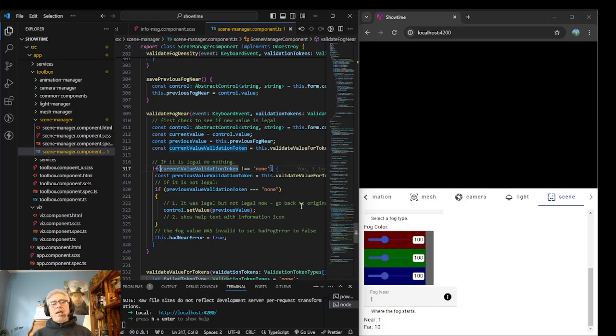We could do that by setting up exceptions by token, because in every case we know what the validation token is. So we could set up a little list of exceptions for a given validation token. But first thing we have to do is say if legal or